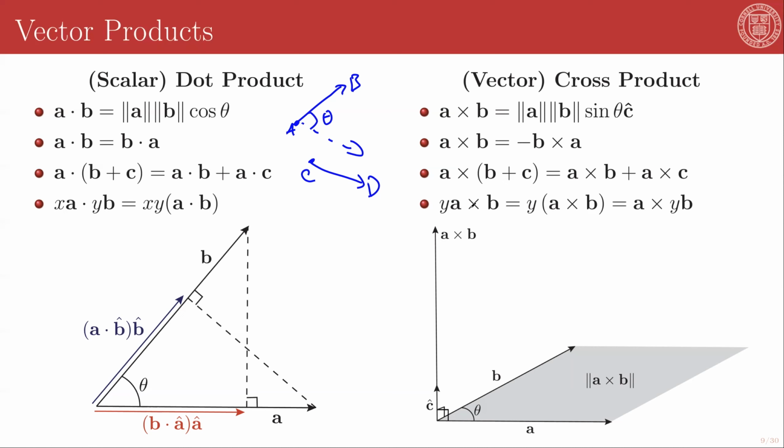And it is still compatible with scalar multiplication, such that Y A cross B is the same as Y times the vector A cross B is the same as A crossed with the vector Y B. Now, what is the geometric interpretation of the cross product? Well, the cross product helps you find the direction that is mutually orthogonal to both A and B, but it also has a magnitude. And its magnitude, this A B sine theta,